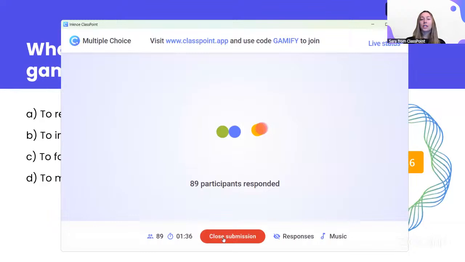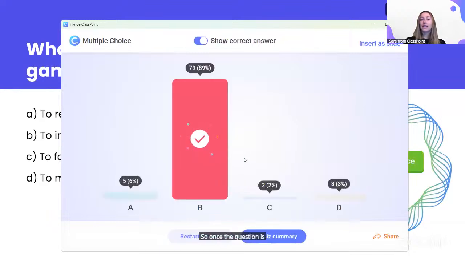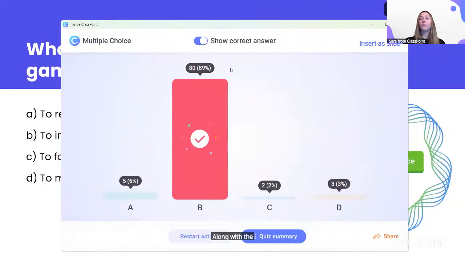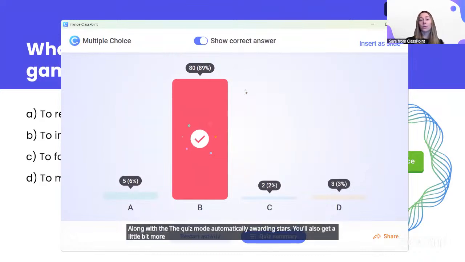So once the question is closed, you will be able to see those results, and it will automatically show that correct answer. And if you got that question correct, you will receive those 3 stars automatically because of the quiz mode question. Along with the quiz mode automatically awarding stars, you'll also get a little bit more feedback from these questions.